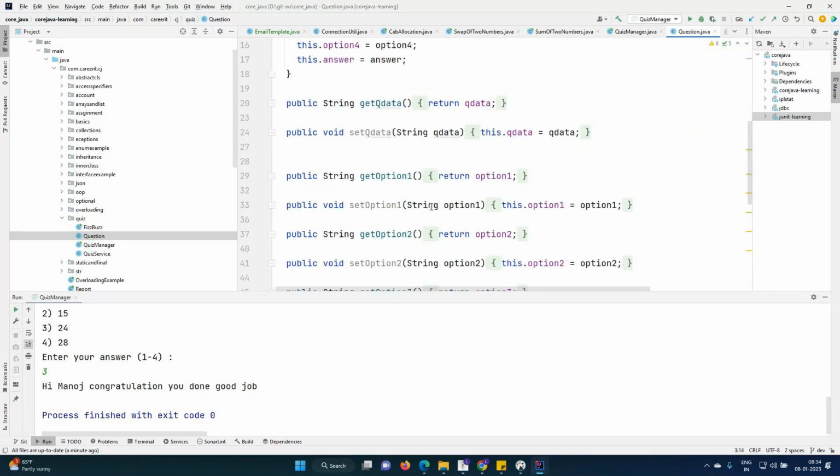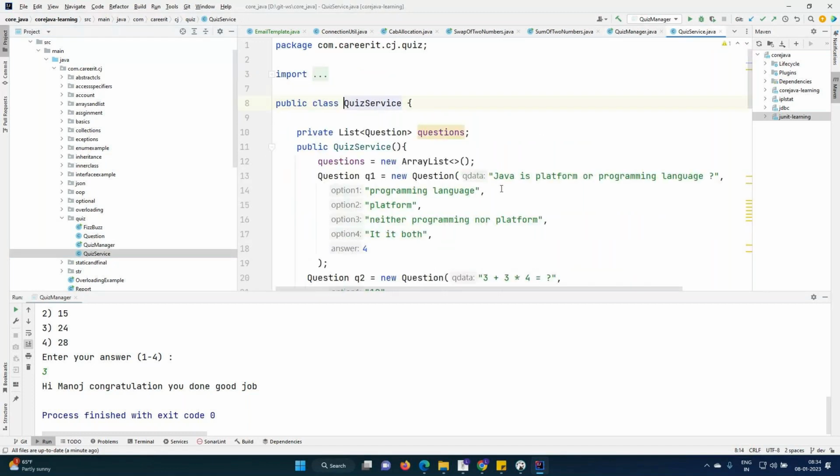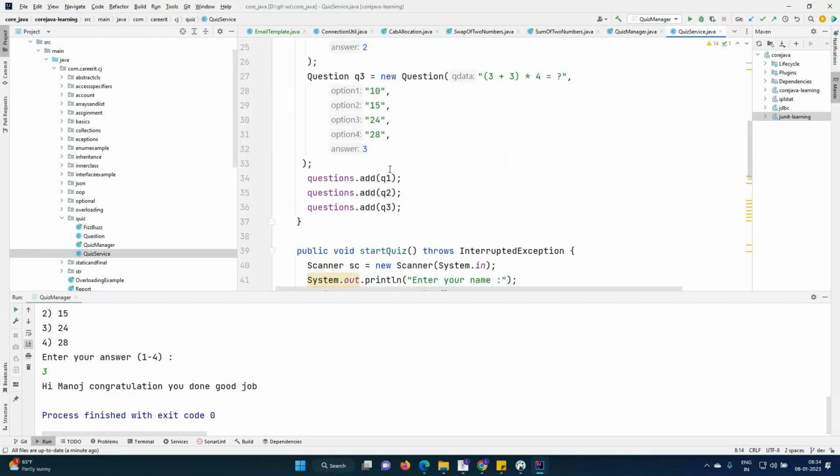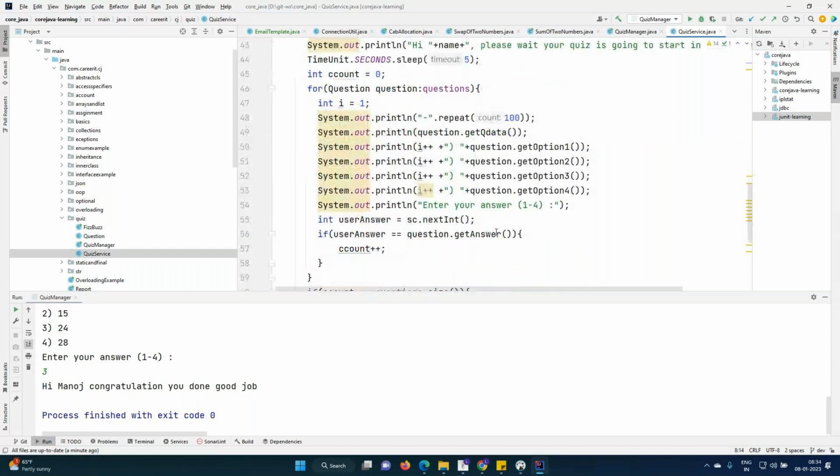We created a simple quiz. This is a quiz service. We created a list of questions and we are asking the user to take the quiz. And the moment he has done with the quiz, we are going to show the result. If he has done well, we are saying that good job. Otherwise, we are asking him to take the quiz once again. So these are the examples we will create in the classroom, and the same examples will be shared with you